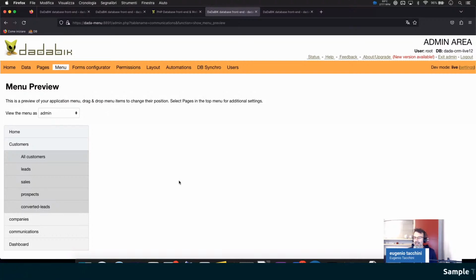I think in many cases you have two twin applications, a dev application and a live or production application. So they have two different URLs. Probably you do your test. For example, you want to change something and you don't want to do it live on the live application because